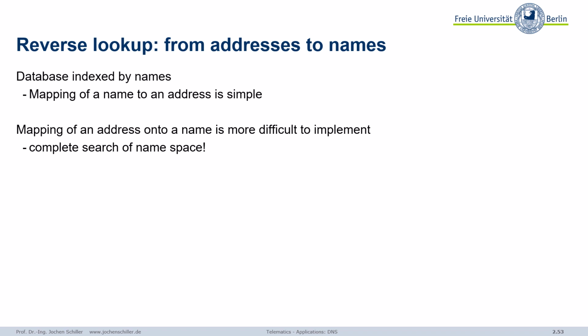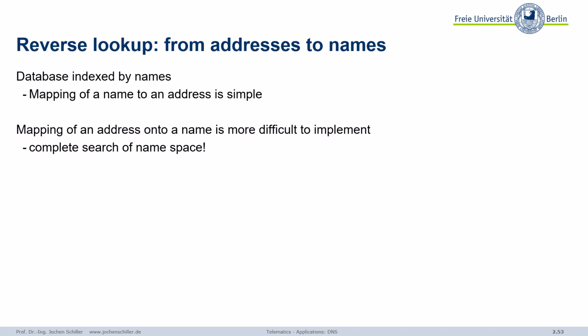Because we have addresses, and the address, the number, has nothing to do with the name. So it's not the case that a certain IP address automatically belongs to a certain zone. So mapping of an address to a name is more difficult. But so this reverse lookup,